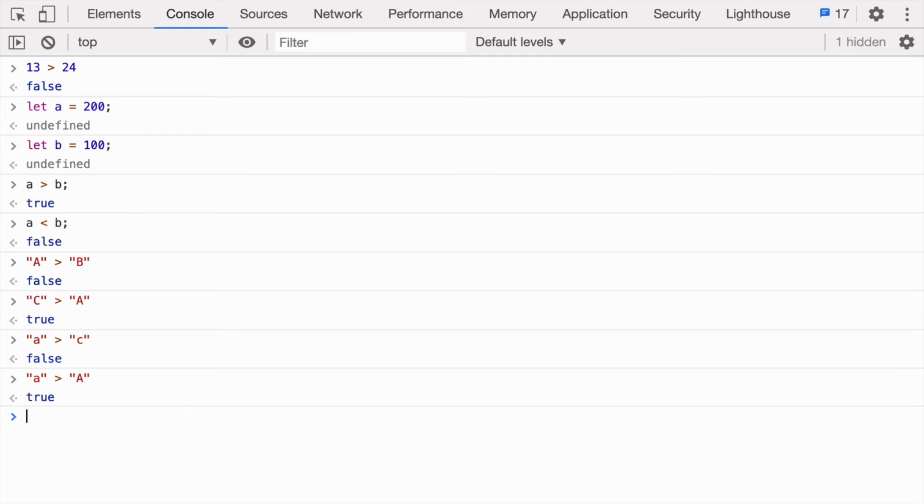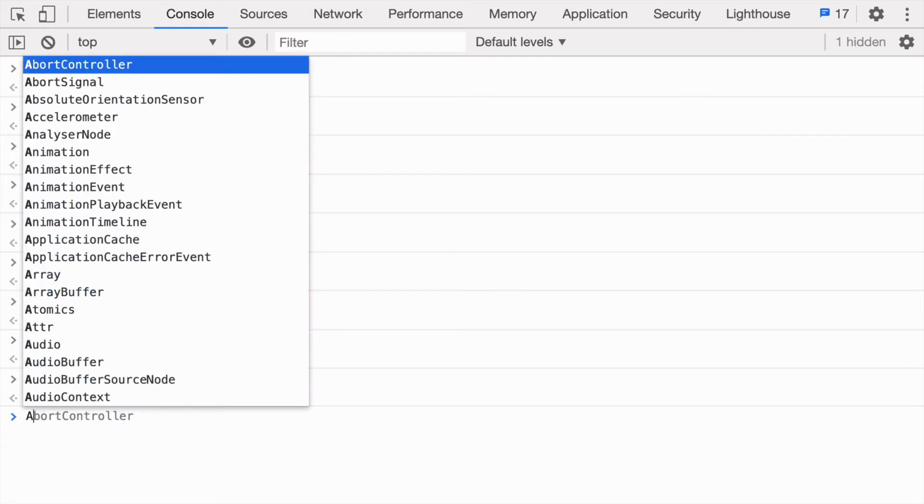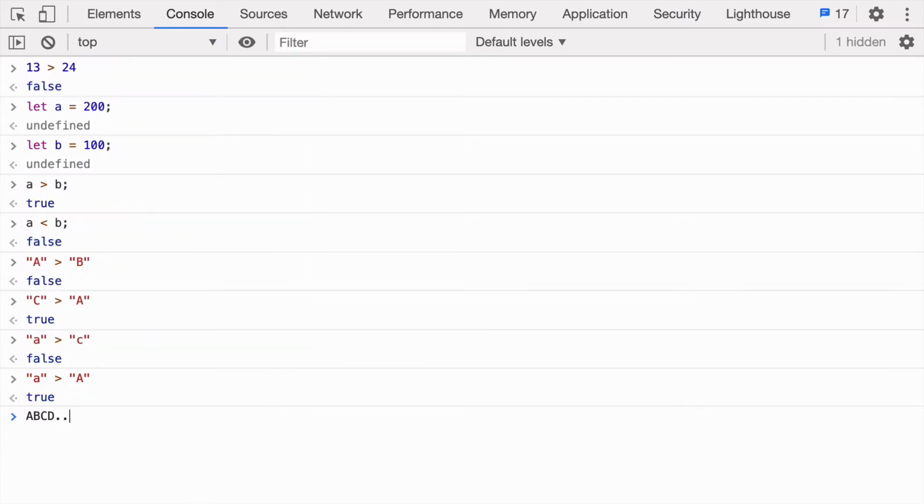That is true, because the comparison starts from uppercase letters. So uppercase A is the lowest in terms of all the alphabets, uppercase or lowercase, and lowercase z is the biggest in terms of all the characters. So this is when we compare characters.